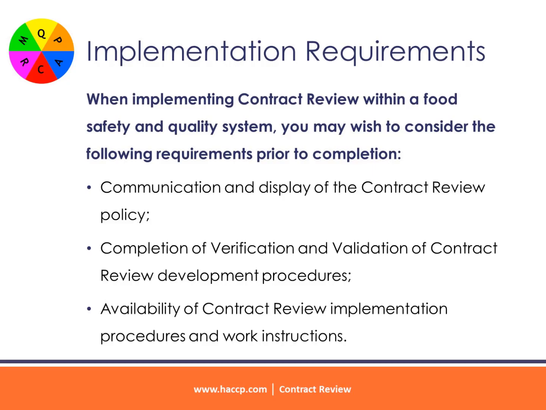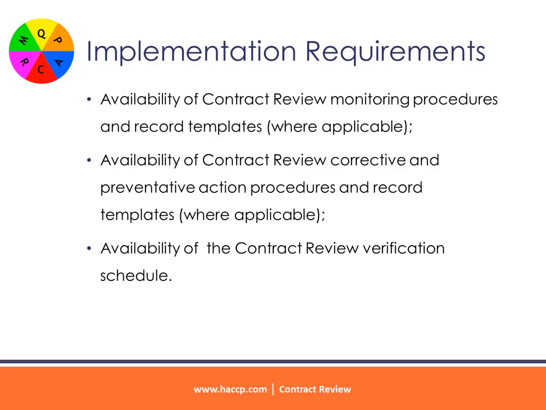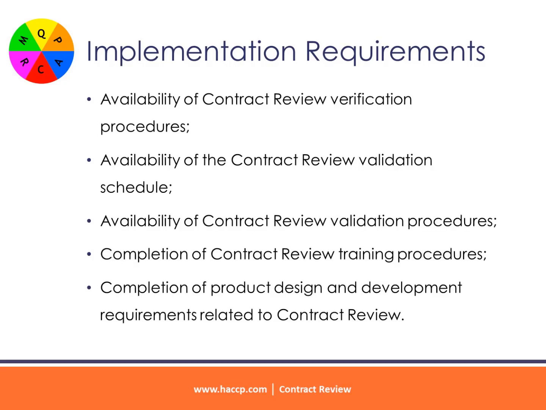When implementing contract review within a food safety and quality system, you may wish to consider the following requirements prior to completion: communication and display of the contract review policy, completion of verification and validation of contract review development procedures, availability of contract review implementation procedures and work instructions, availability of contract review monitoring procedures and record templates where applicable, availability of contract review corrective and preventative action procedures and record templates where applicable, availability of the contract review verification schedule, availability of contract review verification procedures, availability of the contract review validation schedule, availability of contract review validation procedures,